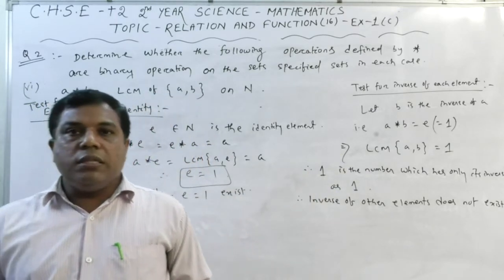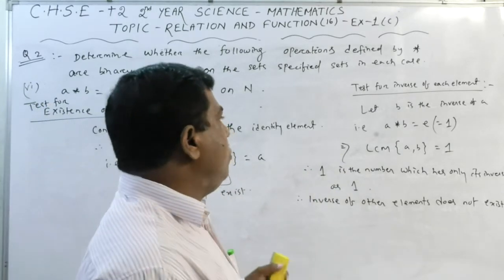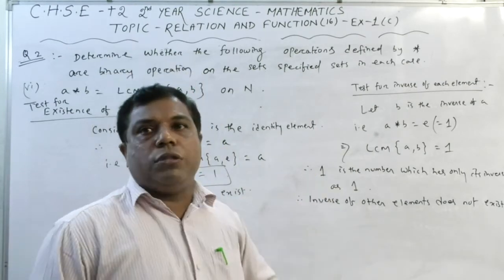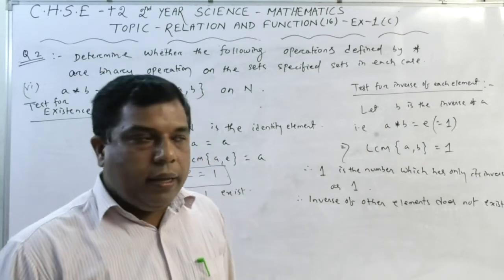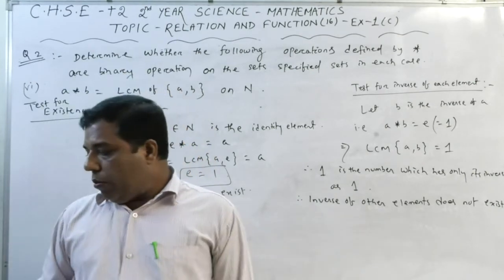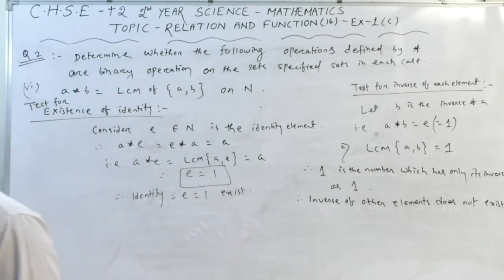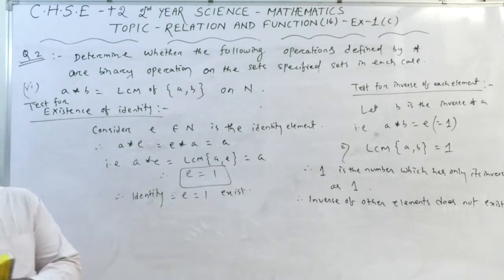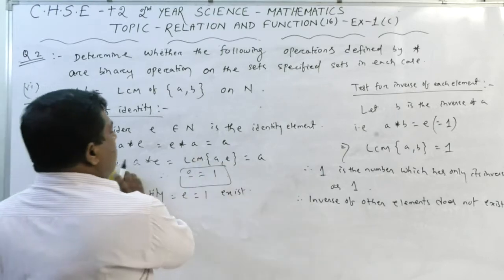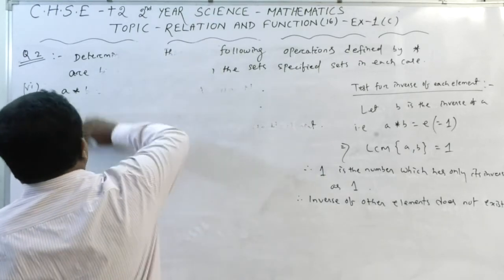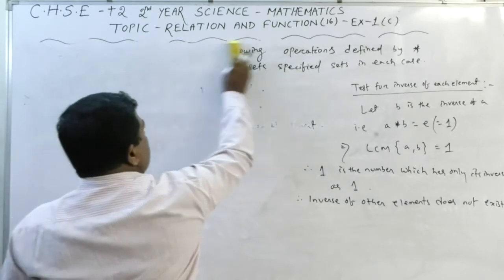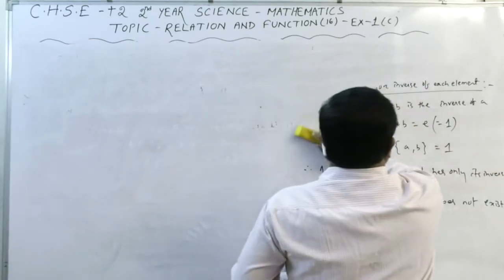This is what I am going to show you in question number 2 and question number 3. Now we will move to some other question, question number 4. The question number 4 says,